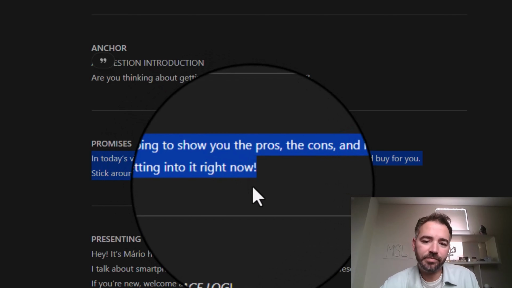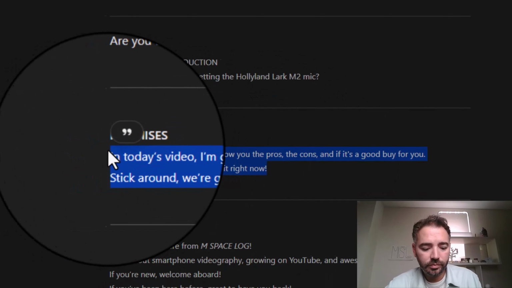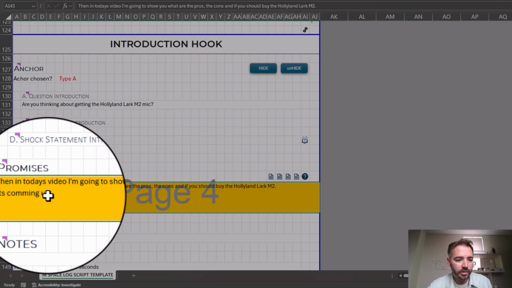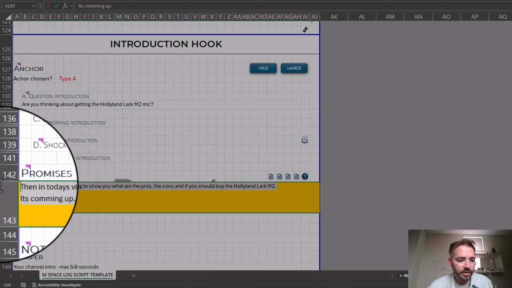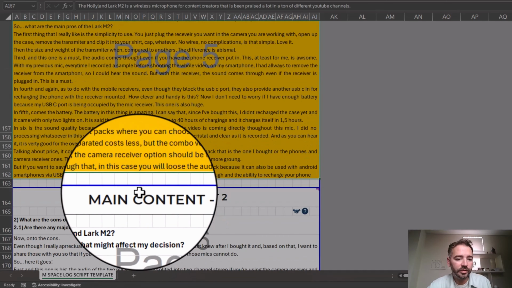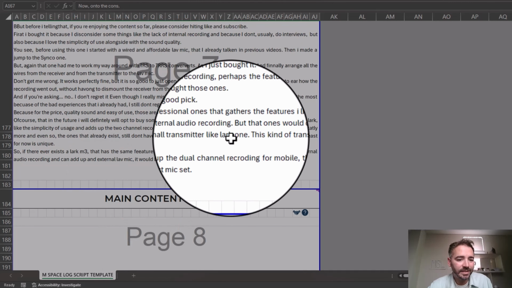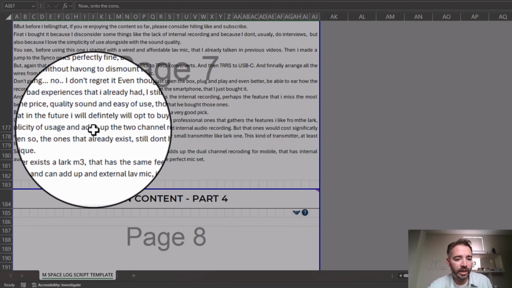As you can see, it gets so much better. Okay, I'm just going to copy it too and paste it right over here. Let's replace it. Okay, and then I'll be doing this for each one of these segments until I get my full script done, and that's it. It is done and ready to use.